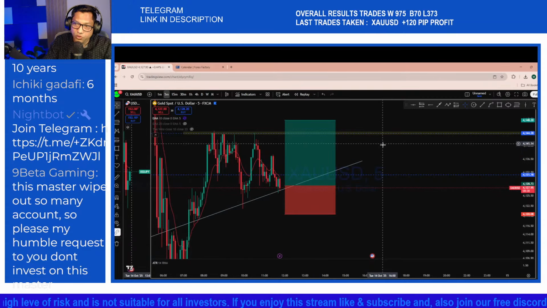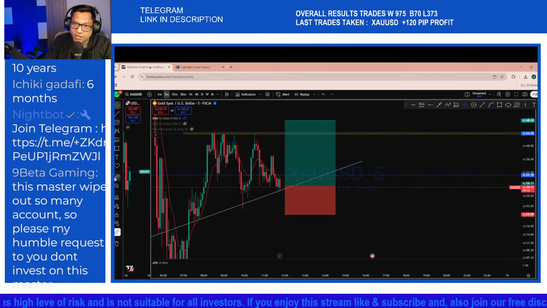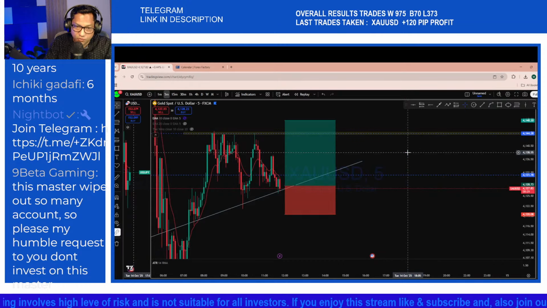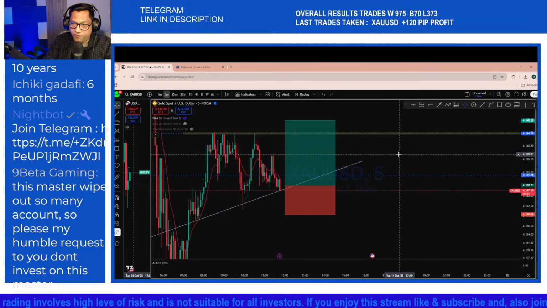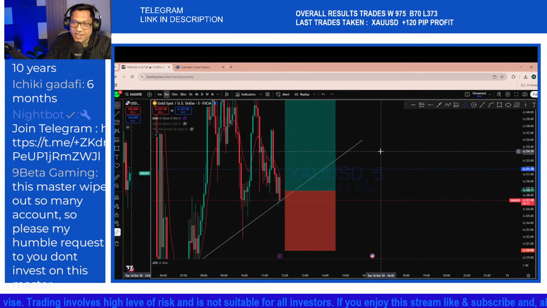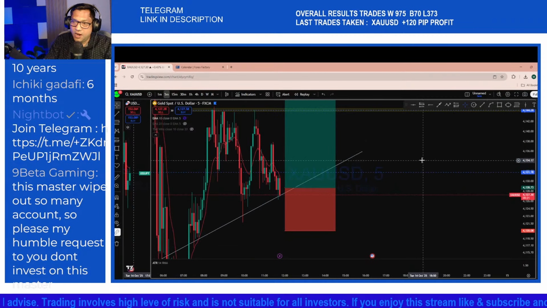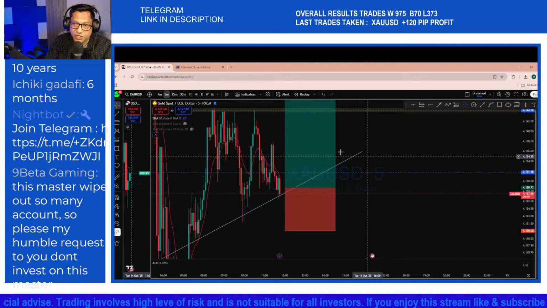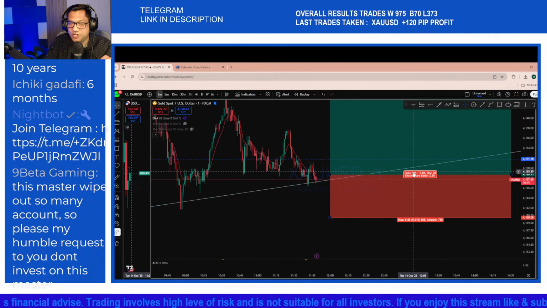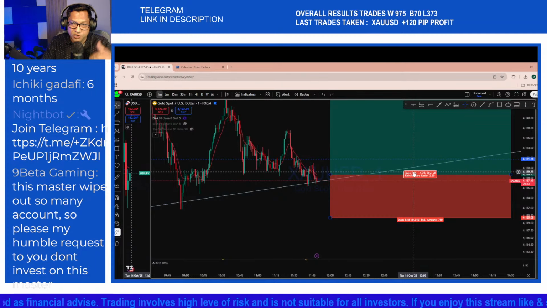So if we see the first move back to the upside with nearly 100 pip, we can take that trade partially, and then the rest of the position we can keep running for further profit target or further movement in the market. Here is on a key support level. Now the market can still come back for a deeper liquidity sweep, so we are fully managed here in case the market is coming for a deeper liquidity sweep.